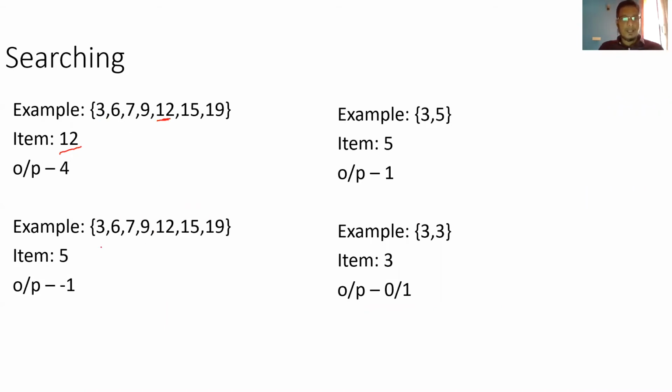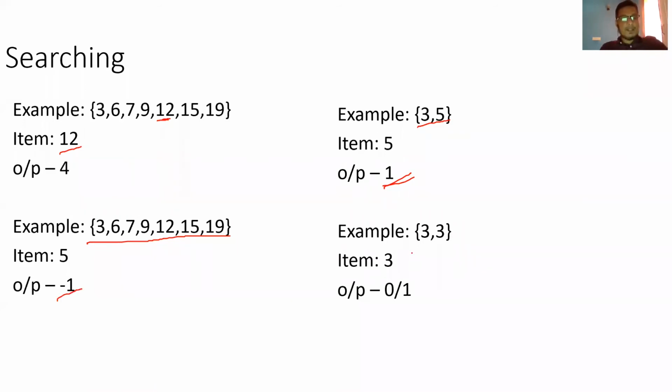Similarly, if someone asks you to find the position where 6 exists, that will be 0, 1. It is an index, not a position, so it is at the first index. Let's say a given item is not found in the array. In that case, you will return -1, which indicates that the item doesn't exist in that array.